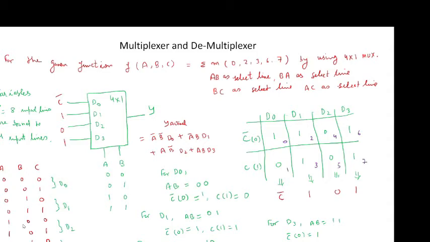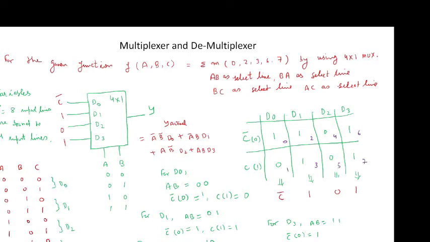So for D2 I will use line 4 and line 5. Now for line 4, when AB is equal to 1, 0, C bar means C is equal to 0. It lies on line 4. Line 4 is not there. So for D2 I will write C bar is 0.